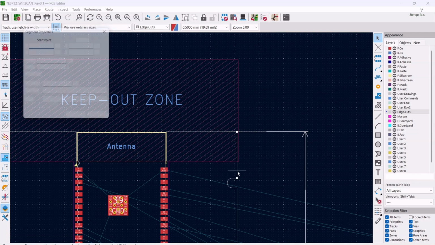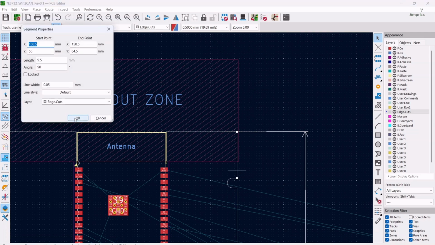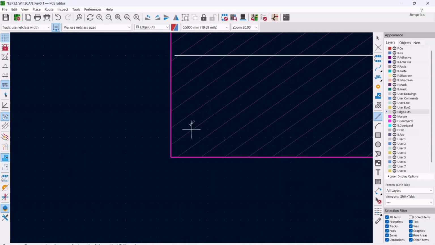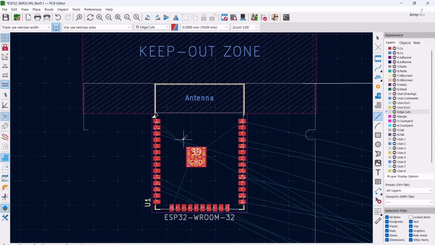And this dimension is about 9.5. All right, 9.5, then 1 mm inside, double click here and escape, press this arc, control plus D,